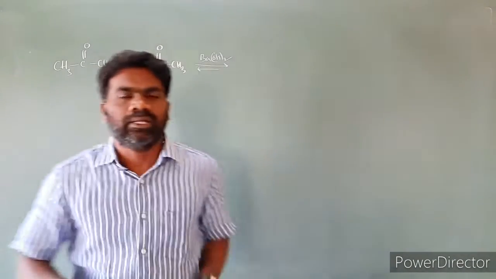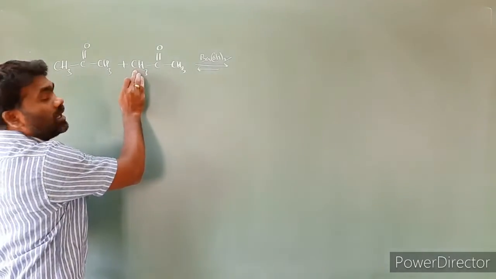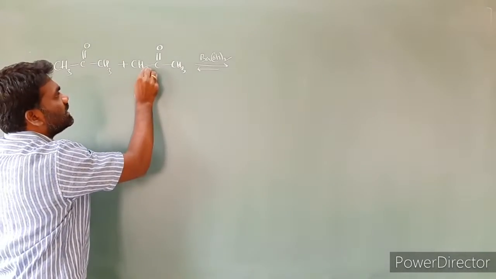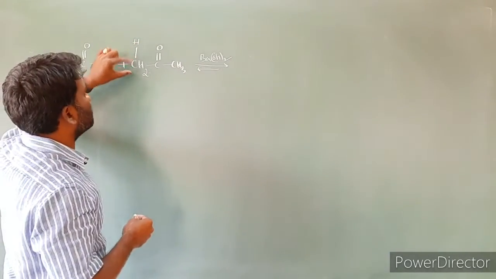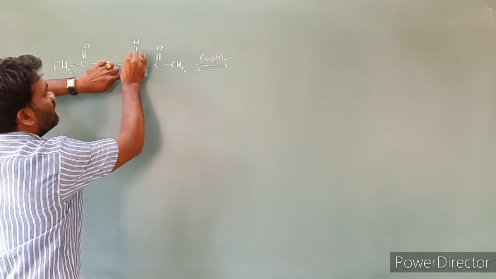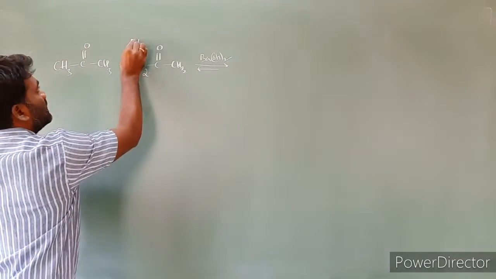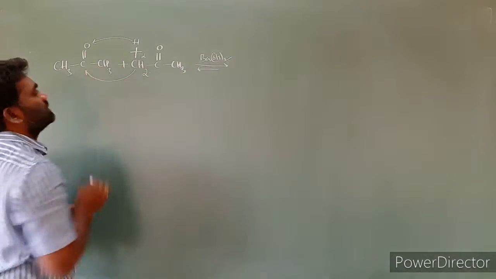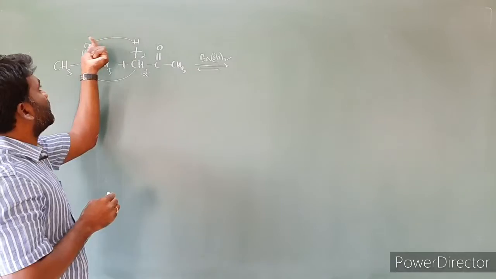So listen carefully: one molecule, and the remaining are all the same. This is the carbonyl carbon, and this is the alpha carbon. This hydrogen is called alpha hydrogen. I am writing this CH3 as CH2H for convenience, to write the product in an easy way. This is the alpha carbon; I wrote CH2H, but this is actually CH3. Break the bond between alpha hydrogen and alpha carbon. This hydrogen shifts to this oxygen. Then this carbon joins to this carbon. That's it. From this molecule, the alpha carbon joins to this carbon, and this hydrogen shifts to this oxygen.